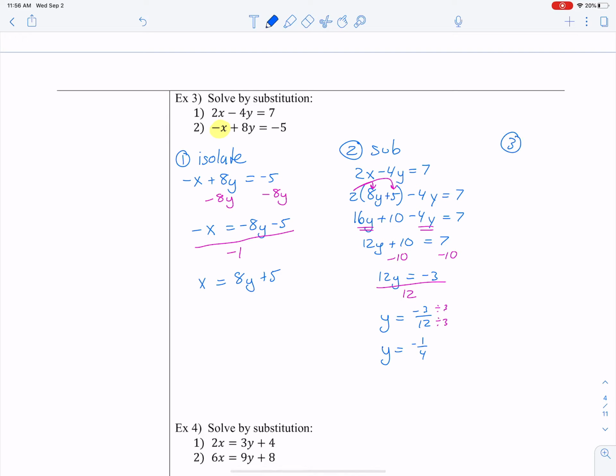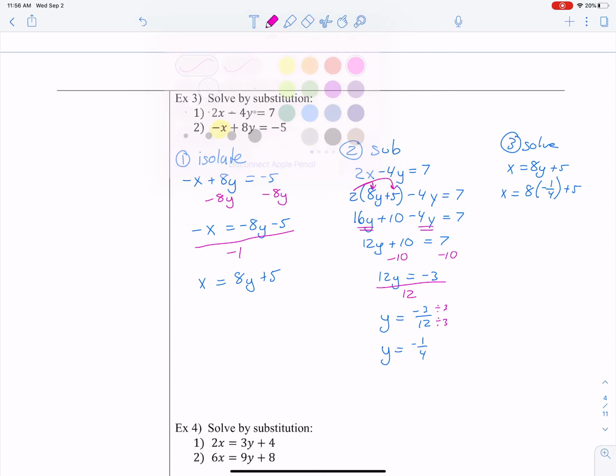Then I need to do step 3, which is solve. So I need to take this equation from the beginning that was isolated. I'm going to write that out. x is equal to 8y plus 5. I'm going to write my equation here, 8, and then I have -1/4 plus 5. Now here I have a fraction that I have to multiply. Okay. So when you're multiplying fractions, I'm going to write this whole number as a fraction so it's easier. So 8 over 1 times -1 over 4